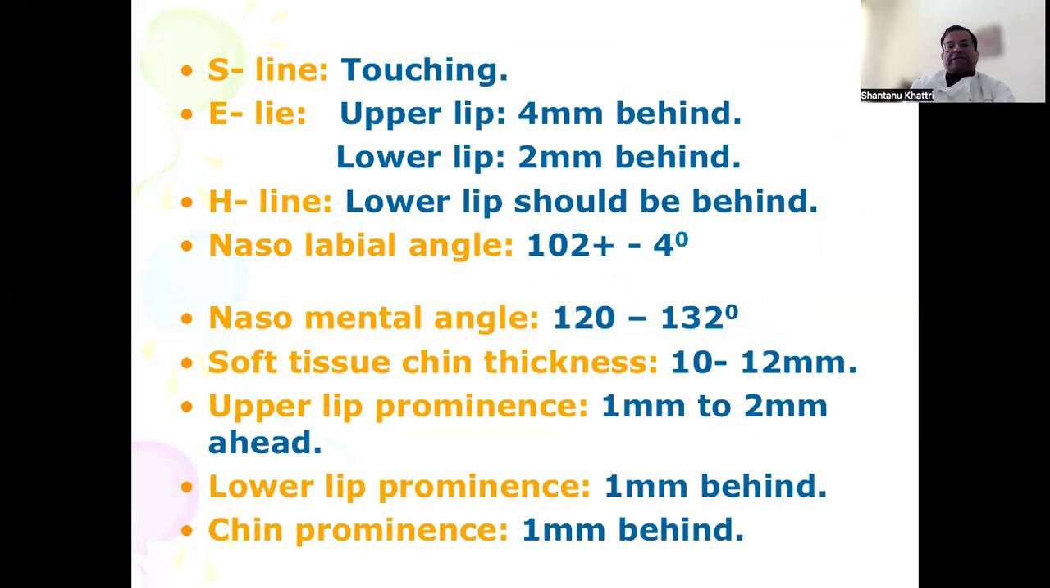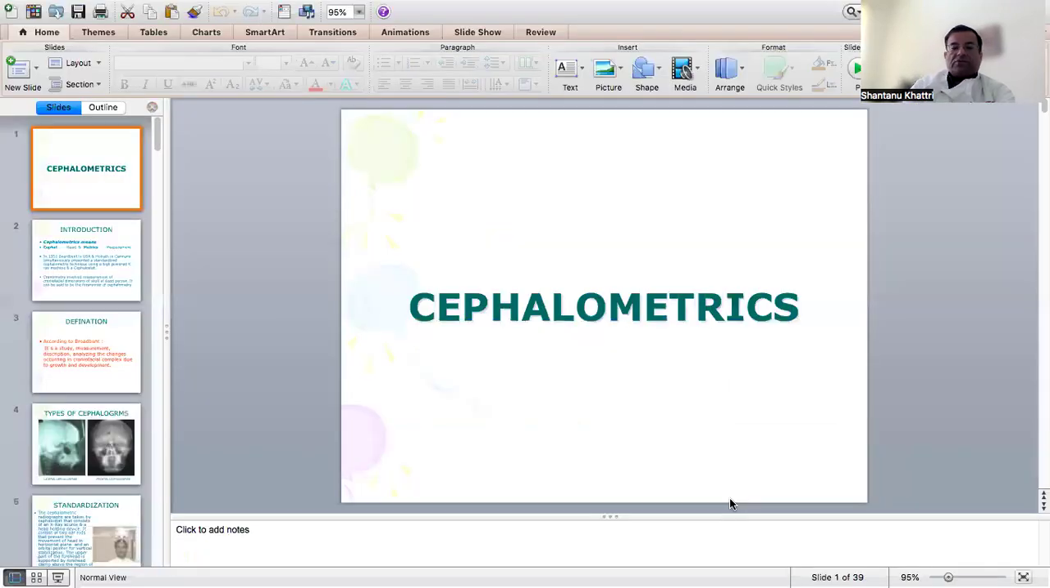So in a normal situation, the S line should be touching both upper and lower lip, and for the E line, the upper lip should be 4 millimeters behind and the lower lip should be 2 millimeters behind. In H line, the lower lip should be behind. In nasolabial angle, 102 plus or minus 4 degrees is considered normal. Nasomental angle 120 to 132 degrees is considered normal. Soft tissue chin thickness should be 10 to 12 millimeters. Upper lip prominence should be 1 to 2 millimeters ahead. Lower lip prominence should be 1 millimeter behind, and the chin prominence should be 1 millimeter behind in normal cases or aesthetically pleasing cases. So this was all about